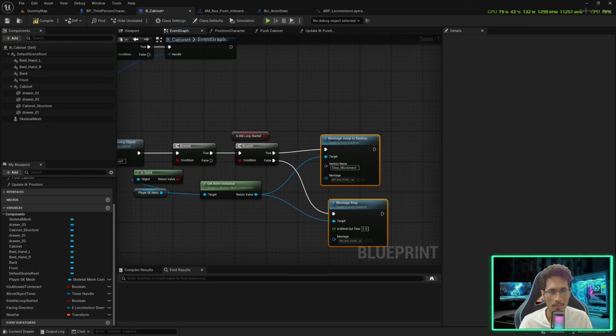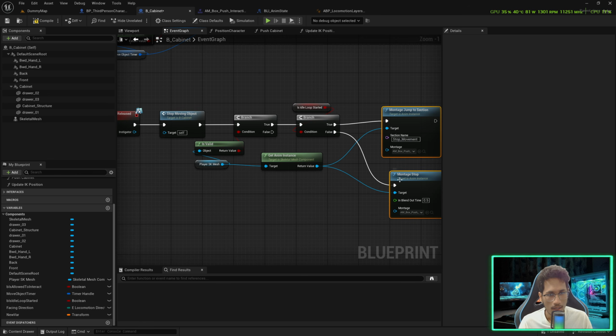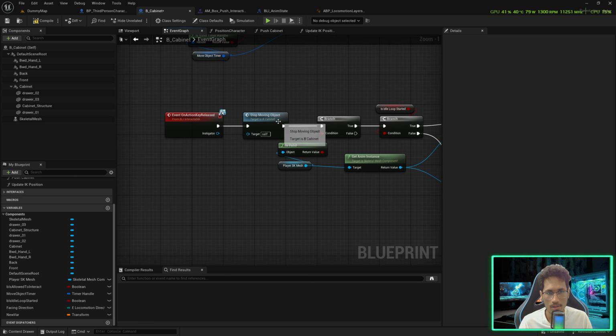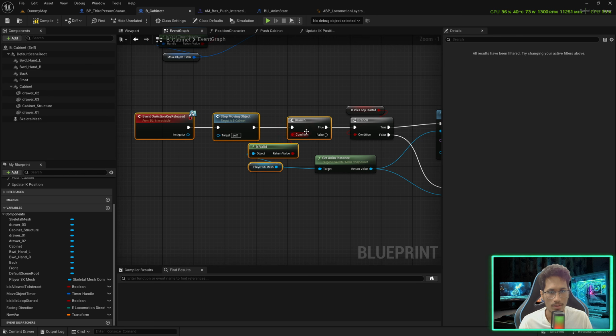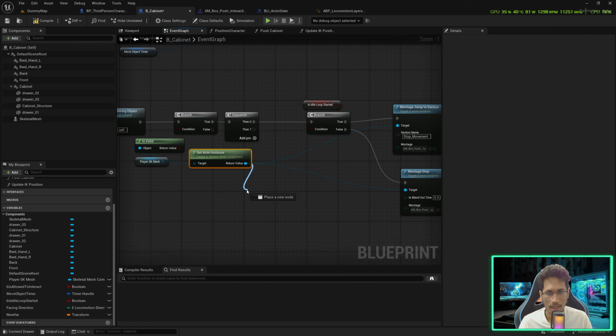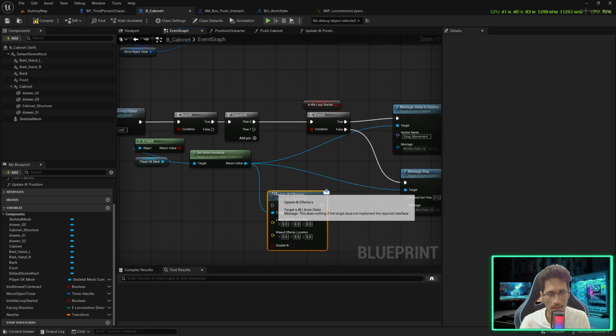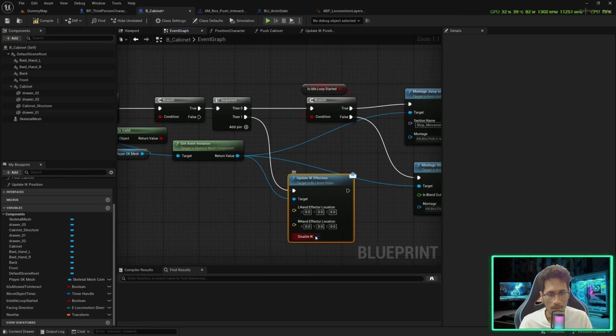So we'll go back to cabinet. Once both of these are executed, we will go for a sequence node. And since we have the animation instance in our hand, let's call the update IK effectors and we will disable the IK. Okay. Now we hit compile,